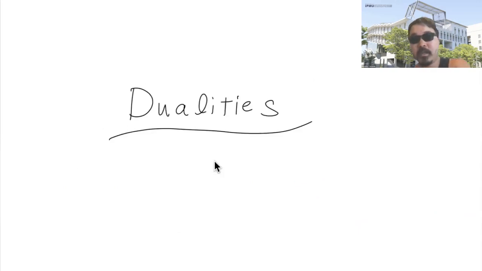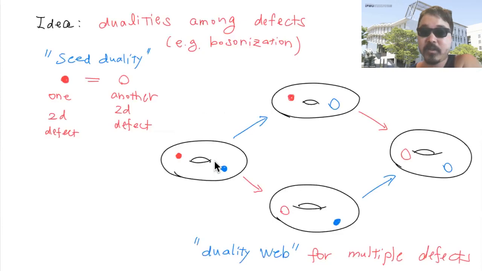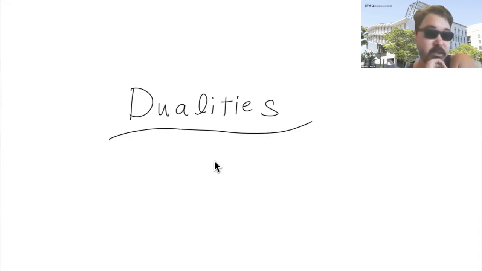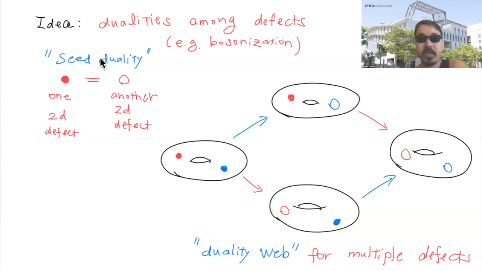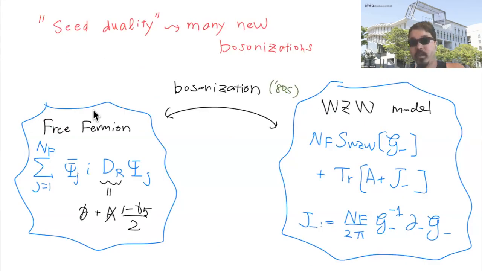So this was already an example of a statement about the dualities, but we can try to be a little bit more systematic as to how to discuss the dualities. So that was topic number 2. This slide I already showed you, but the point is that you start with what I call the C duality among the defects, and then that will spit out, as a byproduct of the 4D Chern-Simons realization, a web of dualities. So that was the point. And of course, the question now is, what C duality are we going to use?